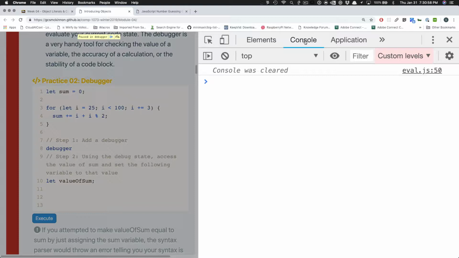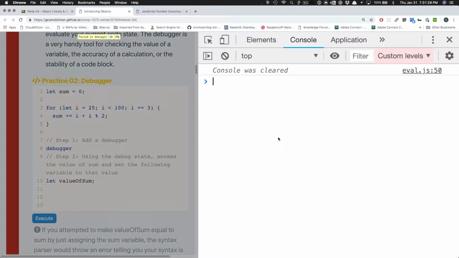Now this is entirely in Chrome. If you're not using Chrome, you kind of have to figure out what you're doing there. What we can do is we can now take a look at what sum is. Like I said, these little IDE windows that I've created for you are in a self-contained environment. You can't access any of the variables or anything defined on them outside of that environment. They're just inaccessible. You're not scoped in order to access those. You need the debugger in order to see what's being defined inside that environment, just as if you were encased